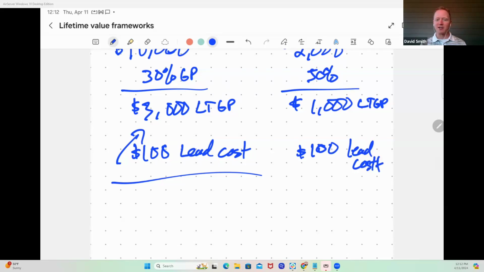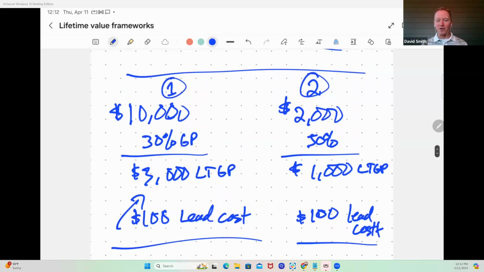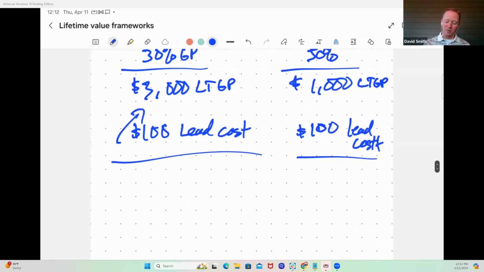Again, ideally it should be less. Again, we're talking about lead costs, whether that's for ads that you're currently doing or other marketing activities or other things you're investing in. Still, same thing applies. Even if you only stand to make $100 on that first service, if it costs you $100 to get that customer, so you're break even on just the first job or first thing that you sold from that customer,